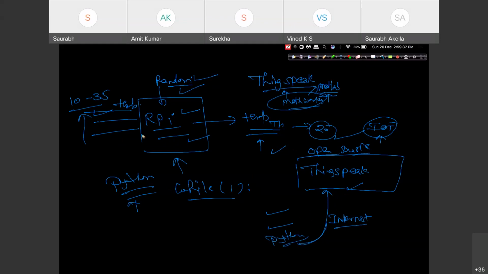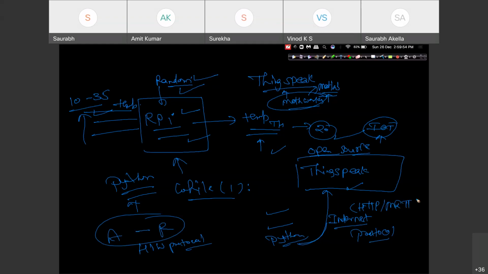Earlier, between Arduino and Raspberry Pi, there had to be a hardware protocol. Now we should have an internet protocol. Either you can use HTTP or MQTT, a couple of such protocols, depending on which one is good for us to share the information.